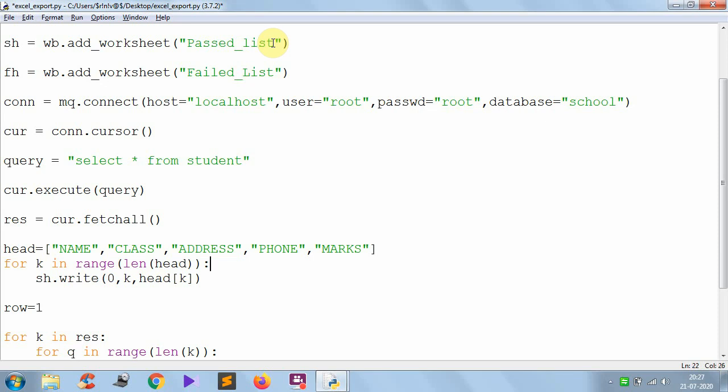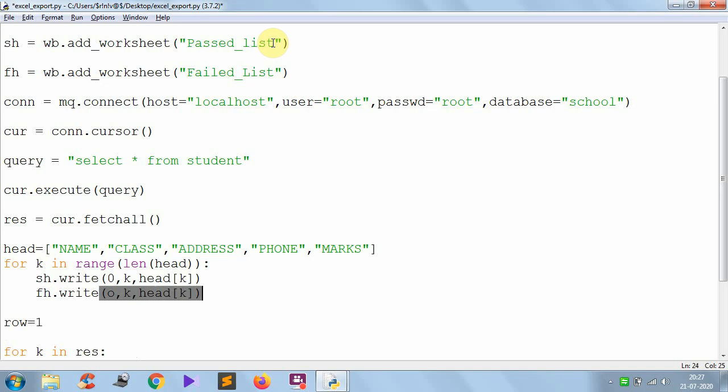Now the headings are the same here. So this is the heading for the first sheet, and for the second sheet I also want to give the same headings. fh dot write, remaining everything is the same, k comma, the same headings I want to keep. The only difference is passed list and failed list.